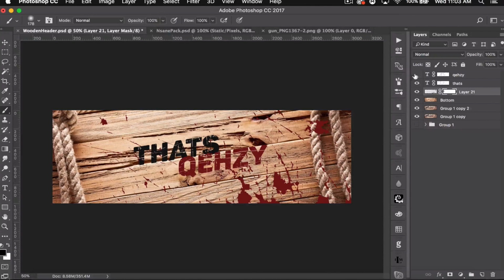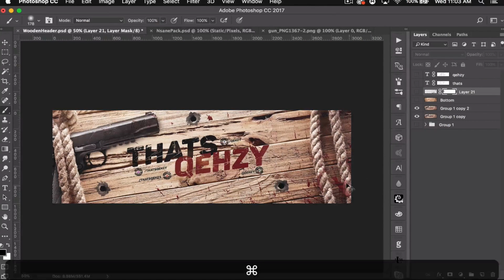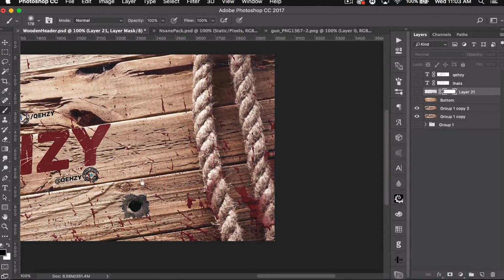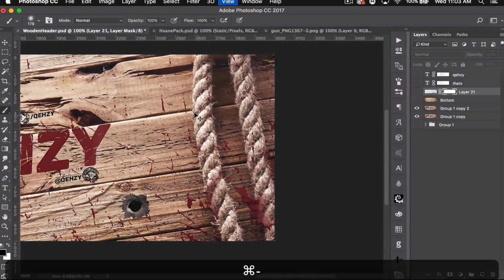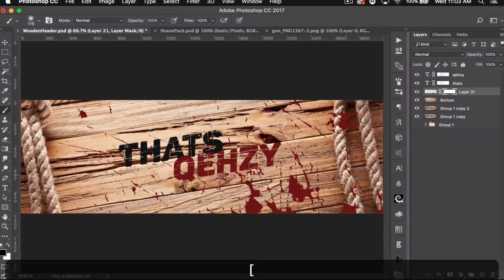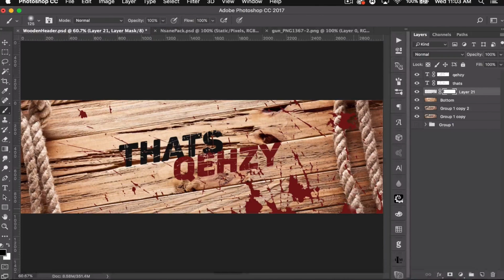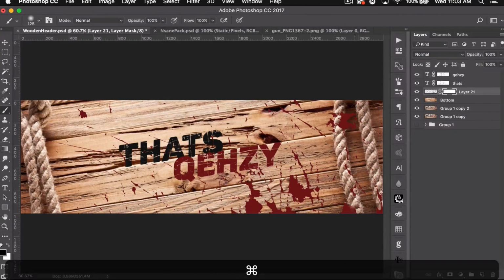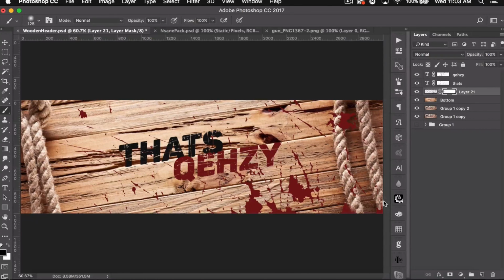So if I show you the original, actually, you can see I erased some of the bits here, and it actually looked like the blood was sort of absorbed into the rope, which I thought was a really cool look. So that's what I'm trying to recreate with this. So let's grab that. I'm gonna have to make it a little smaller, and let's erase some bits of it. That's pretty cool. I'm not sure how good this will look,